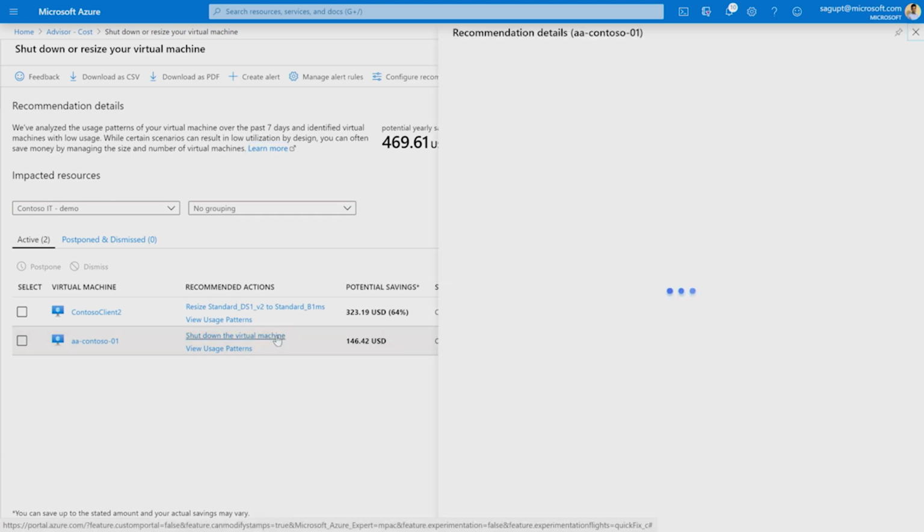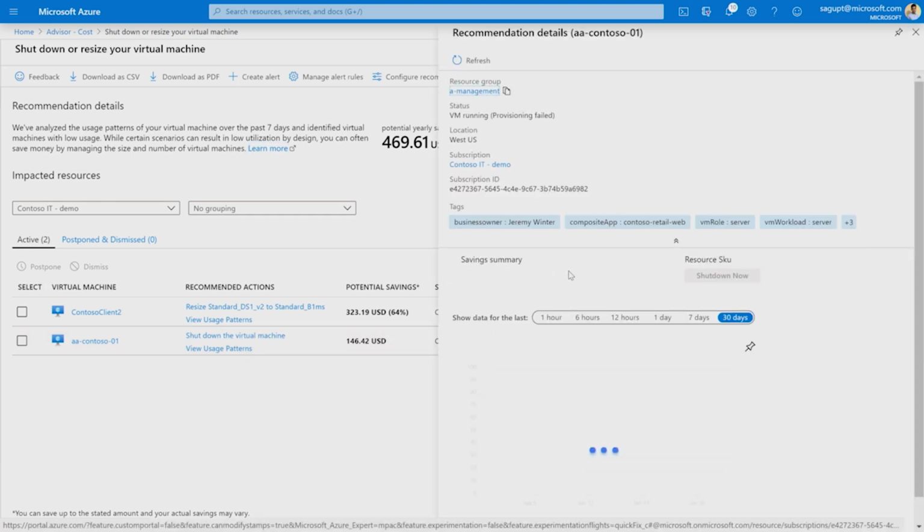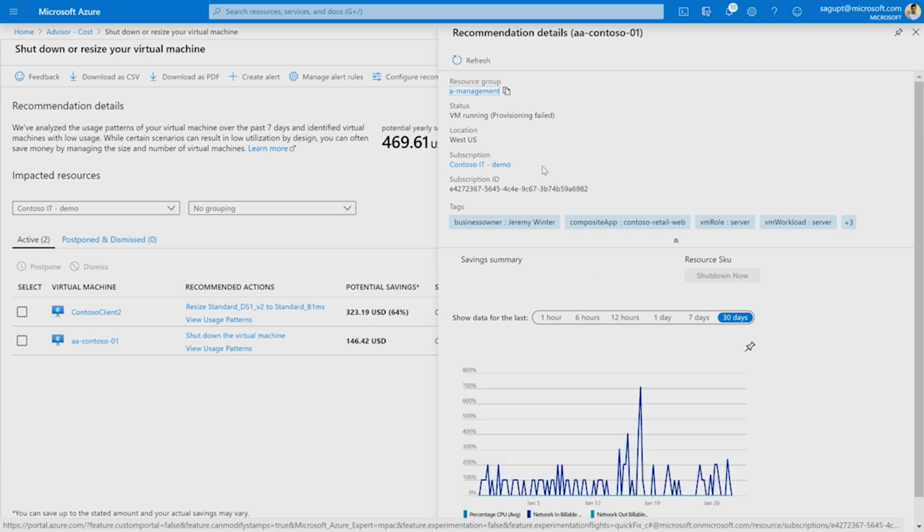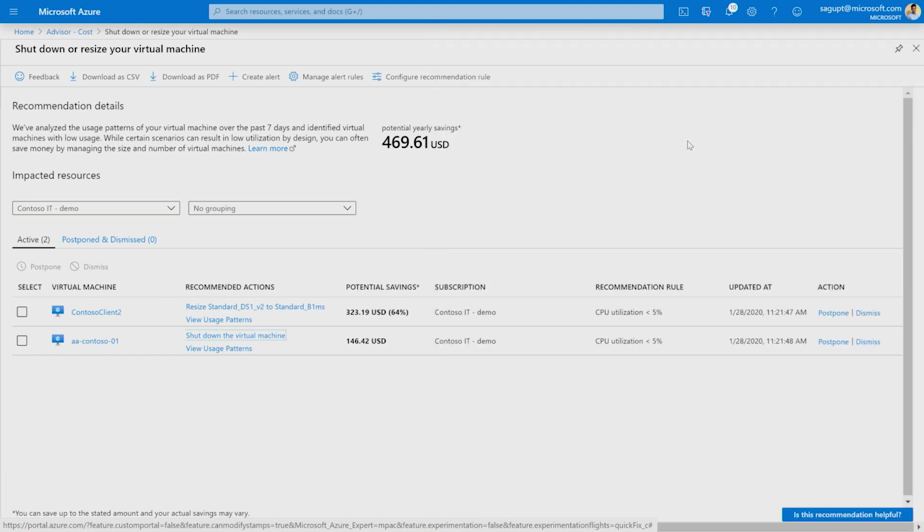You click on this recommended action, and you will see this page. It has all the details about this resource, and then you have a shutdown button, which you can click, and you have remediated it and saved money. That's it. It's very easy to do these actions and remediate these recommendations. We have other recommendations also for right-sizing your SQL DB, or taking care of your unused containers and your orphan IPs, public IPs also. So yeah, it's an easy way of saving money.